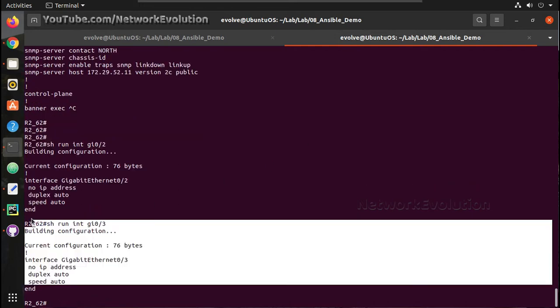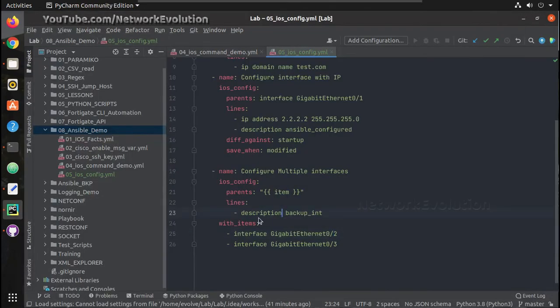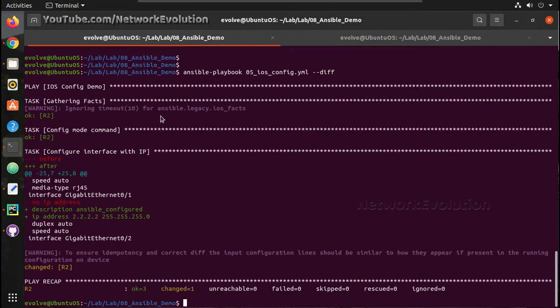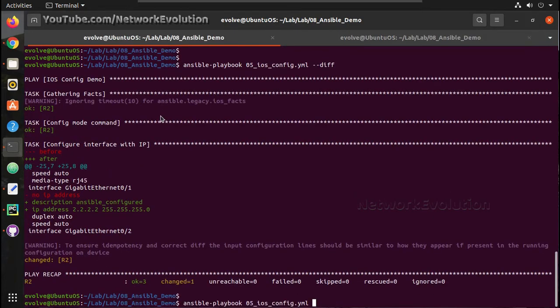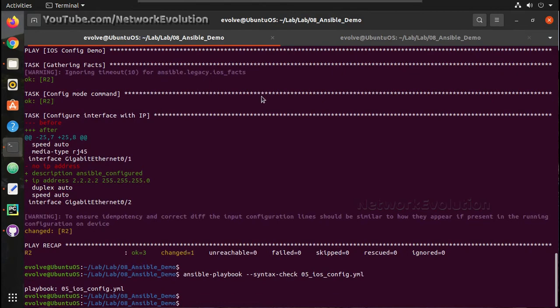You can see here there are no description for these interfaces now. We'll check the syntax. And we'll try running the playbook.